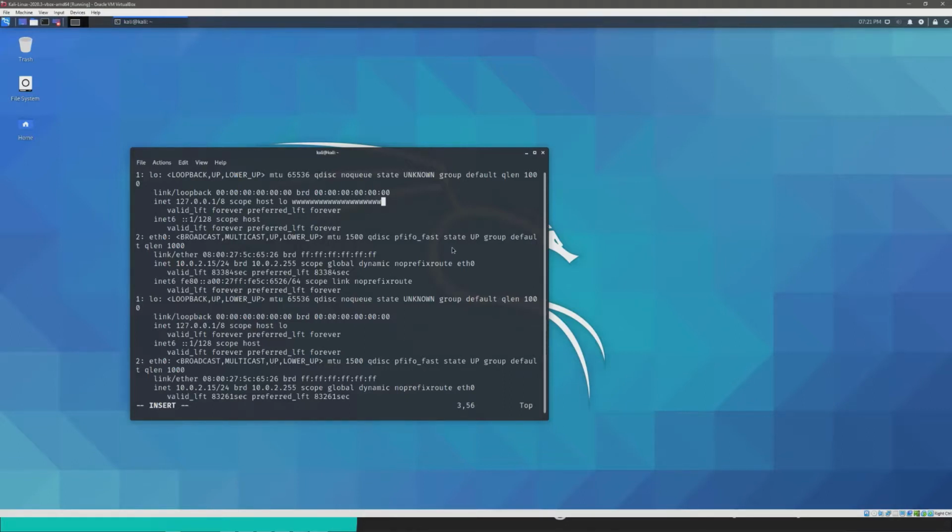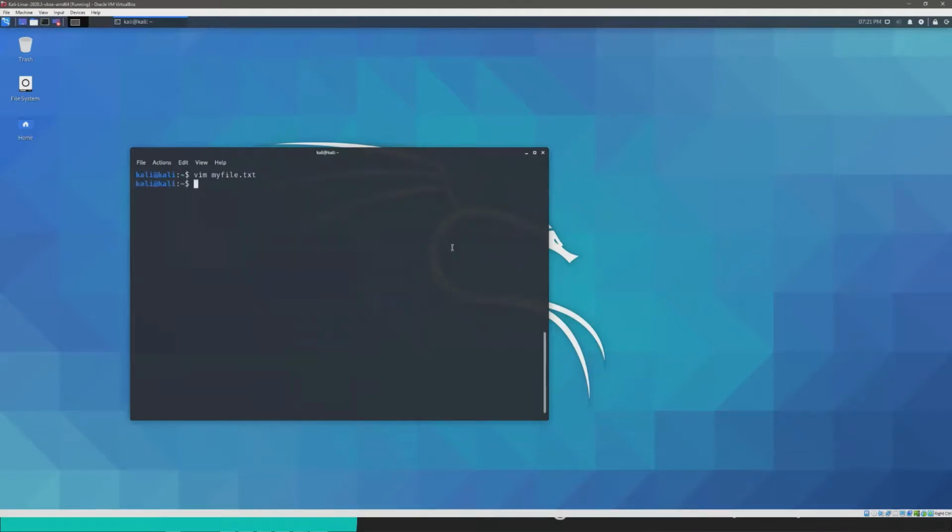Now, if I want to exit the mode that I'm in, I can press escape, and then that takes me out. And if I want to save this particular document, I would do :w, w meaning write, and this would save it. Now, if I wanted to quit, I can do :q, and that will take me out of that.